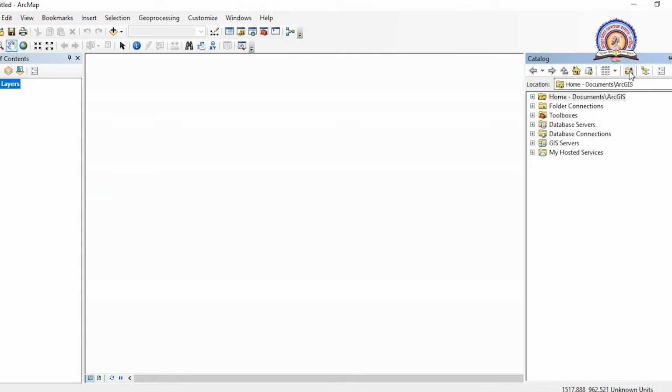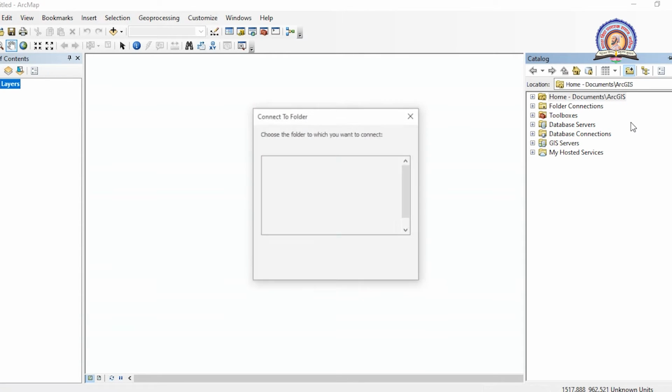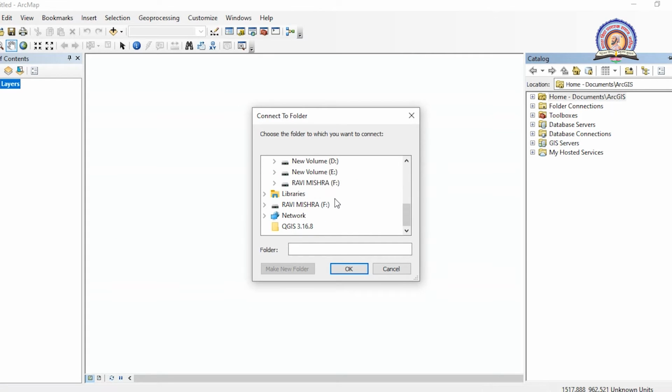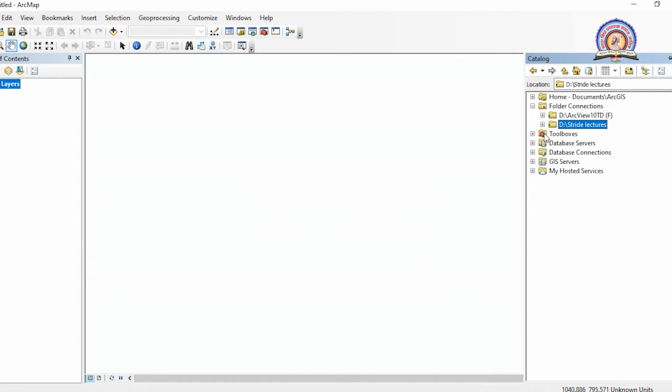So we click on Connect to Folder, and from there I give the path of the folder which I have created for this database. I go to that folder, and the name was Stride lectures. See, now you can see that this folder is connected into your software.